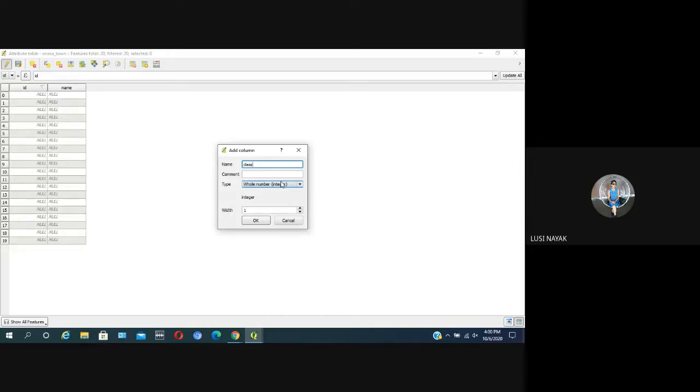So it is a whole number, not text or string. Then width is the maximum number of digits or characters you have to enter. So 1, 2, 3, single digit is okay, but still make it somewhat higher, make it 4 or 5. Okay.